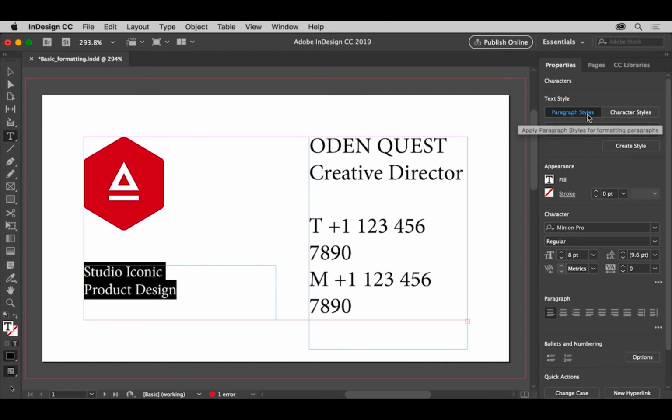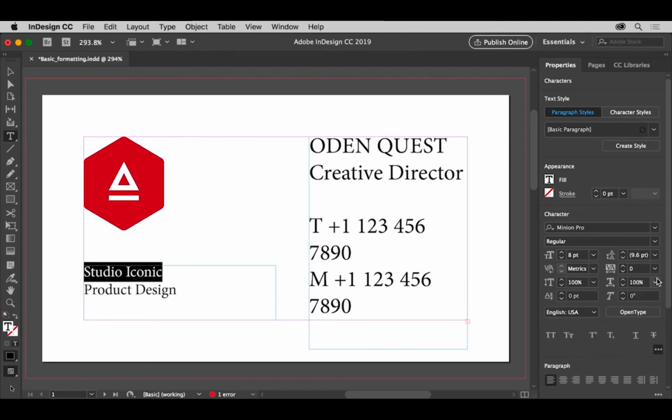Now you'll apply some formatting to just the Studio Iconic text. So move the pointer to the right side of the text, press and drag to the left to select it. Only the selected characters will reflect formatting changes you make, so make sure you select all of the characters in both words. To make the text all capitals, click More Options here in the Character section of the Properties panel